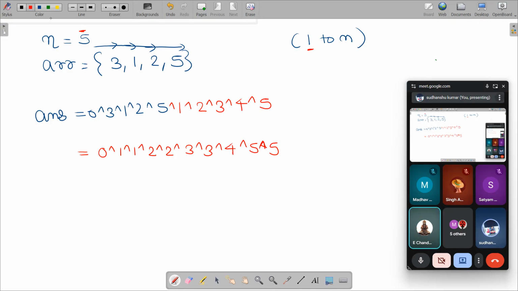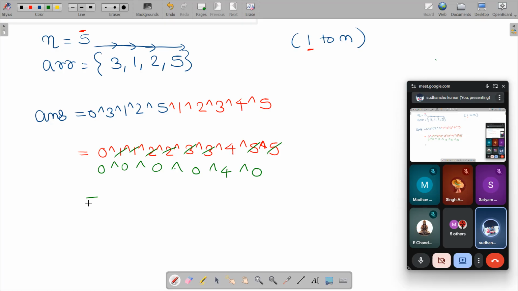See what's happening in this sequence. Jor of the same number is 0, jor of the same number is 0, again 0, again 0. So I am left with 0 jor 0 jor 0 jor 0 jor 4. All the 0s will reduce to a single 0, and 0 jor 4, I will be left with 4.